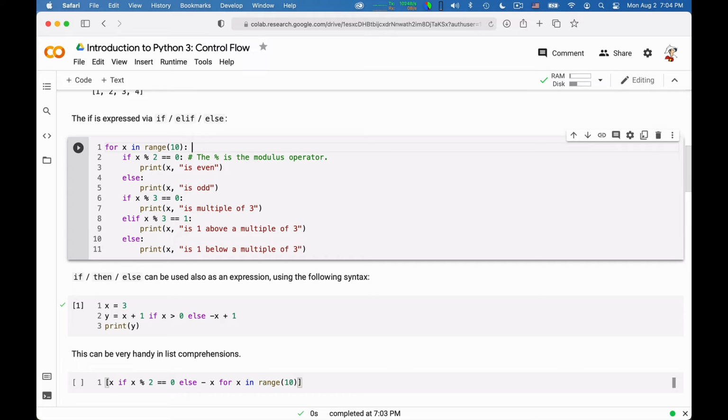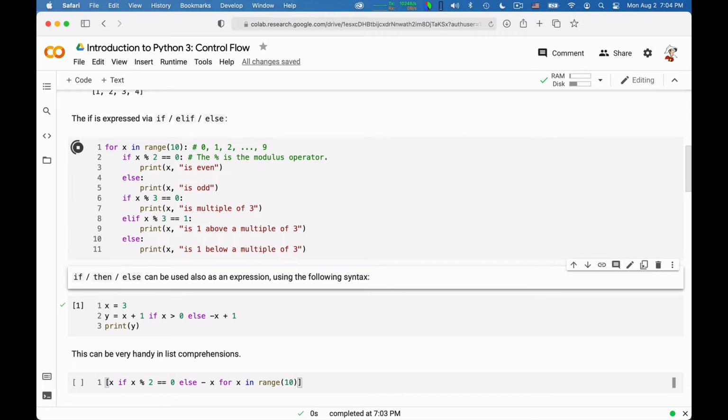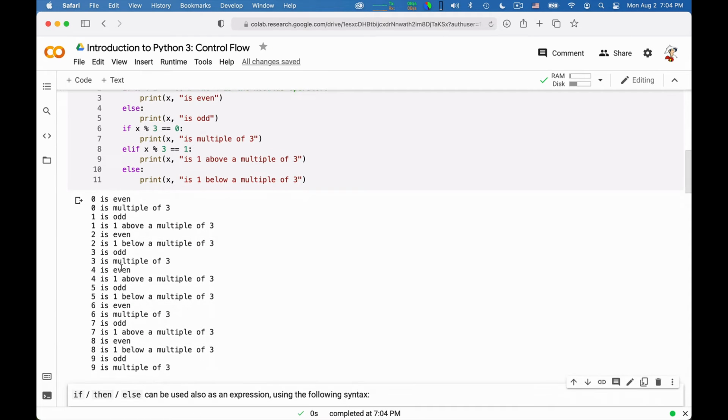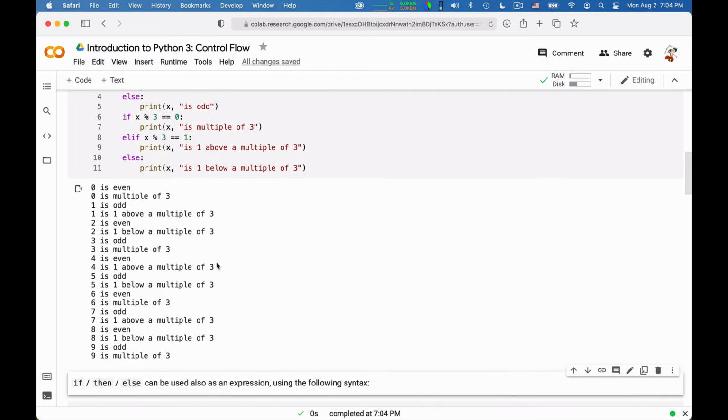So this will produce essentially 0, 1, 2, etc. up to 9. Range is a quick way to build these number ranges. And if we do these, we get the following. Okay, so we get all this information about whether numbers are even or odd, or what's their modulus dividing them by 3.